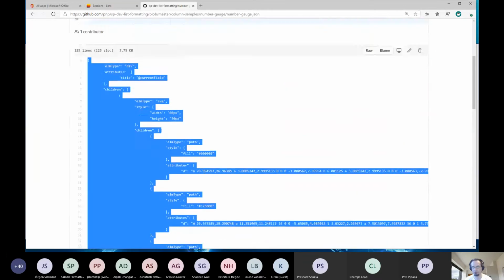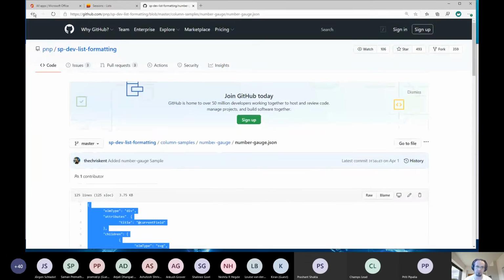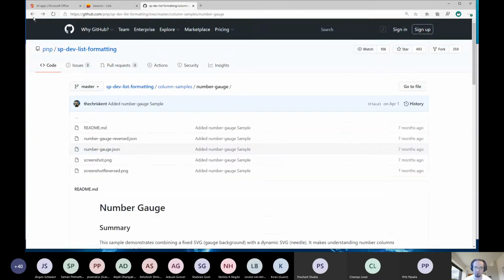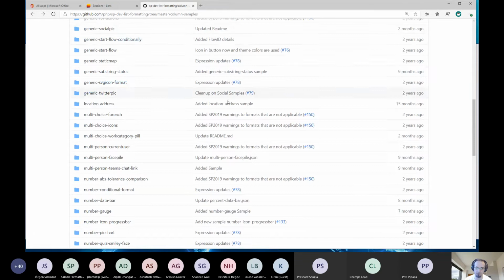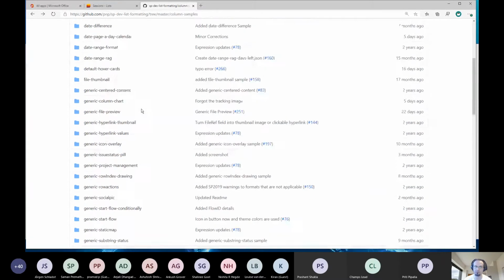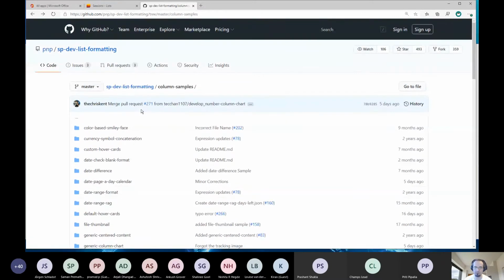So it's good if you want to start with advanced formatting and you are not familiar with JSON formatting options for a SharePoint list or Microsoft list. It's a great idea to go to that page, go through the samples, try those samples, modify them, and if you need more, you can of course check the Microsoft documentation.